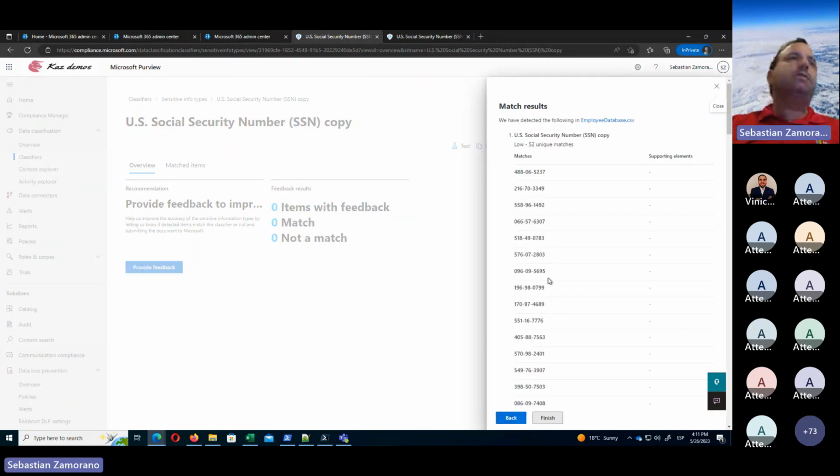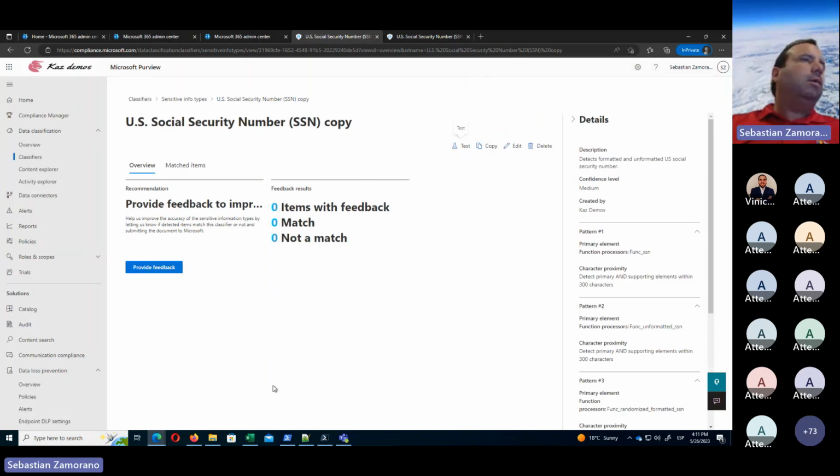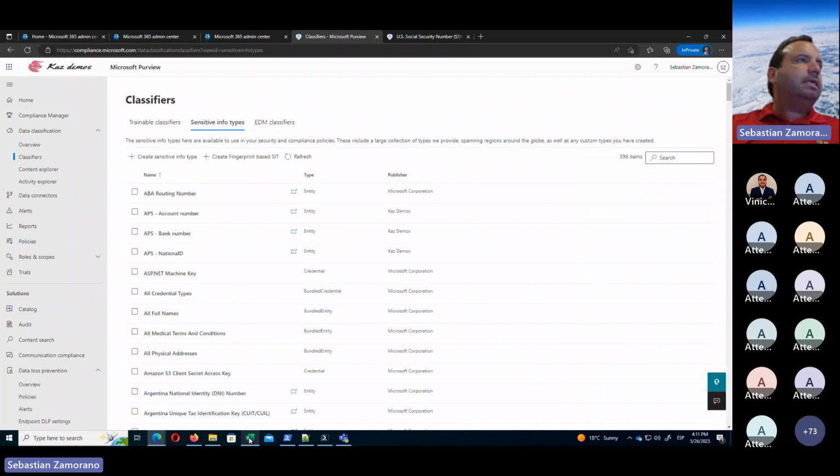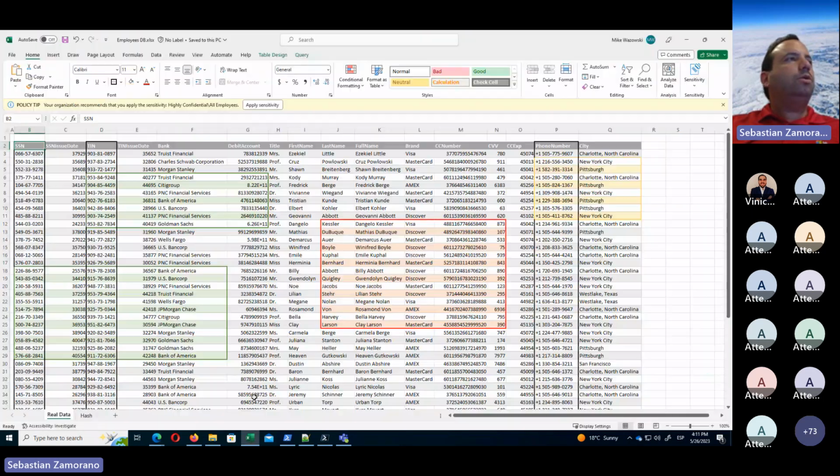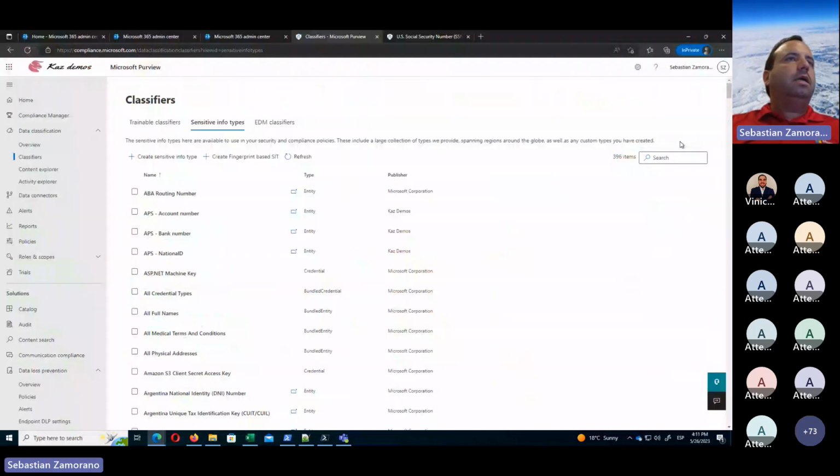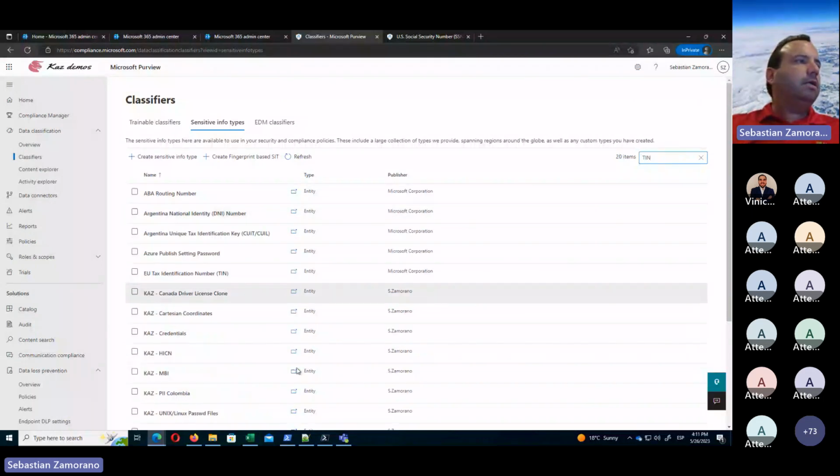Now I have a match. That is the important point. Now, my next sensitive info type that I want to use is the item. That is the tax identifier. If I'm looking for the tax identifier,